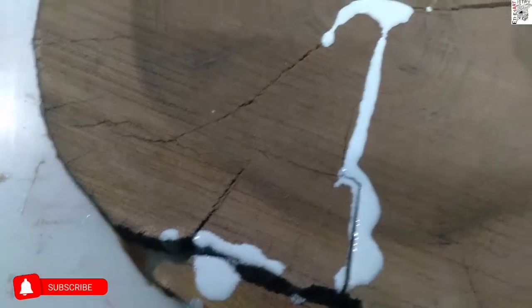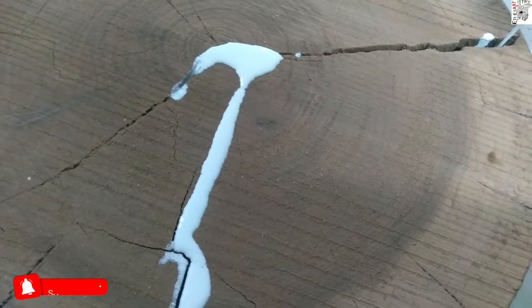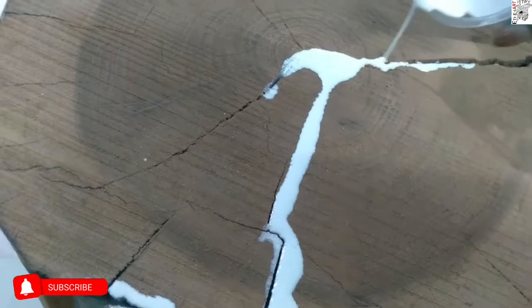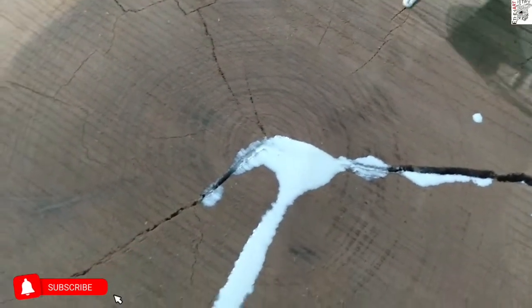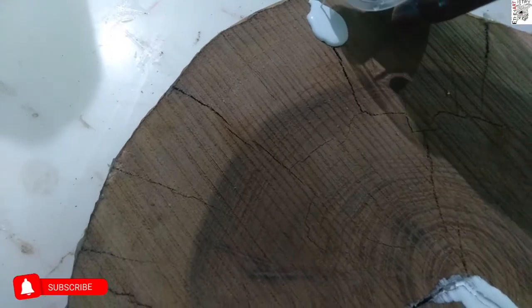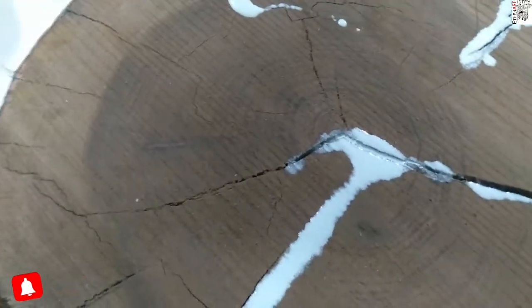There are different kinds of epoxies. It depends upon the viscosity. When I say viscosity, it means the thickness of the epoxy. Now this particular epoxy that I'm using, here you go, is very thin, as in it's not so thick, so it can just penetrate